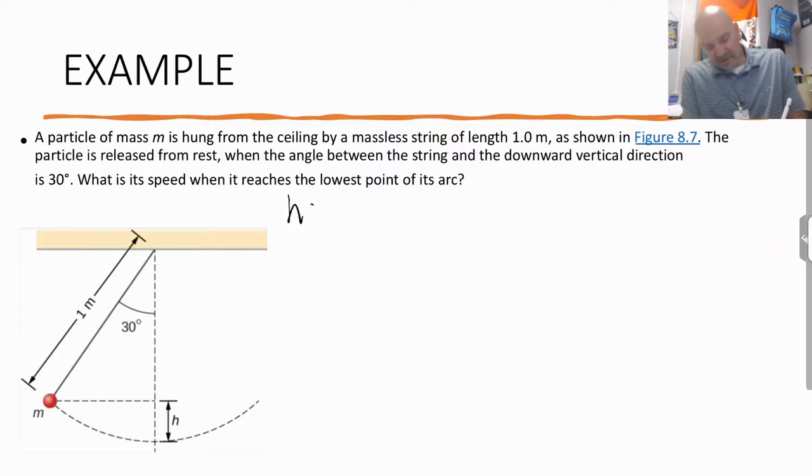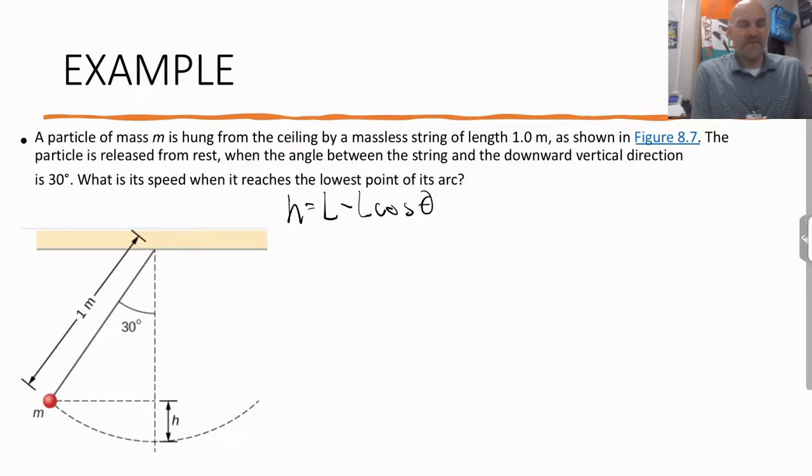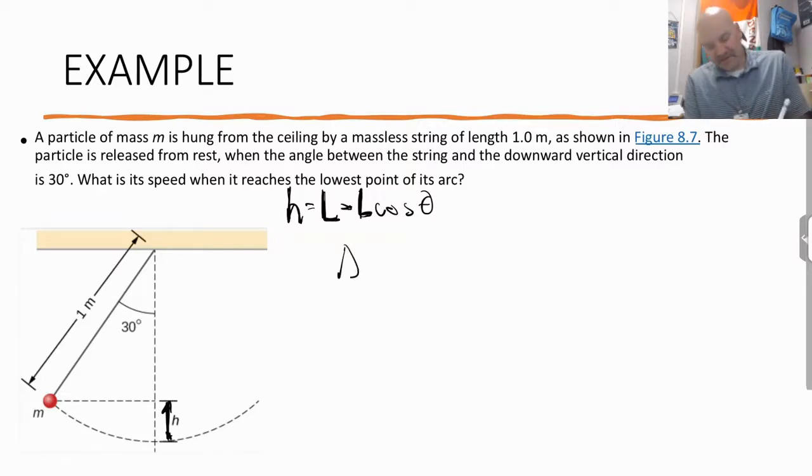In Physics 1, a teacher probably had you figure out a way to derive that height when given an angle. This is how you find the height h that you pulled it up, and that comes from the triangle. You can find the height now by substituting numbers, or you can wait to plug it into the equation. This is a basic conservation of energy equation where delta E equals 0,